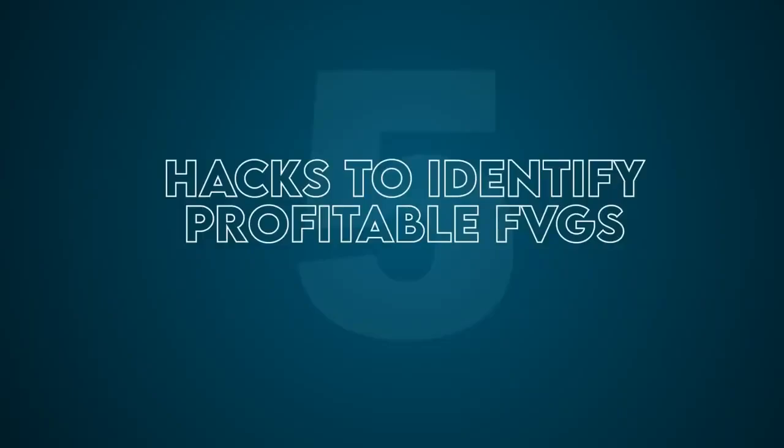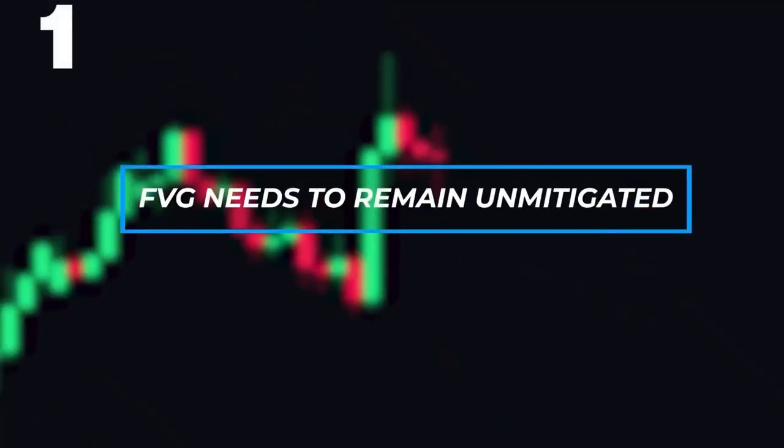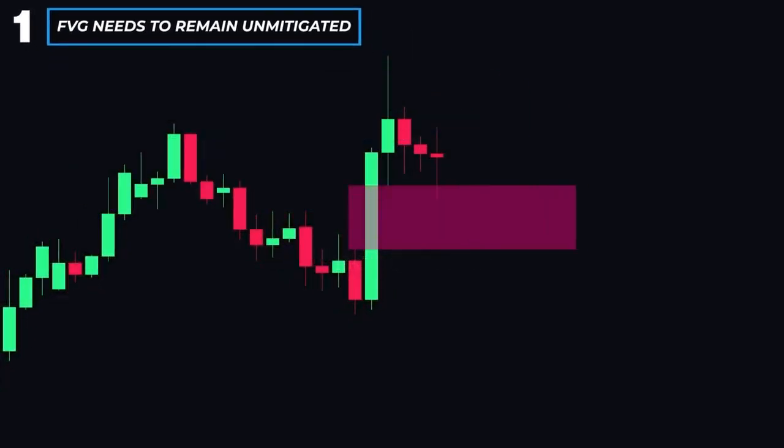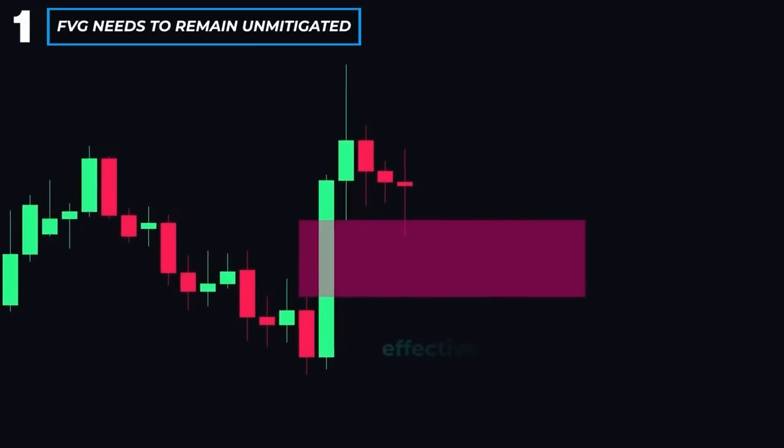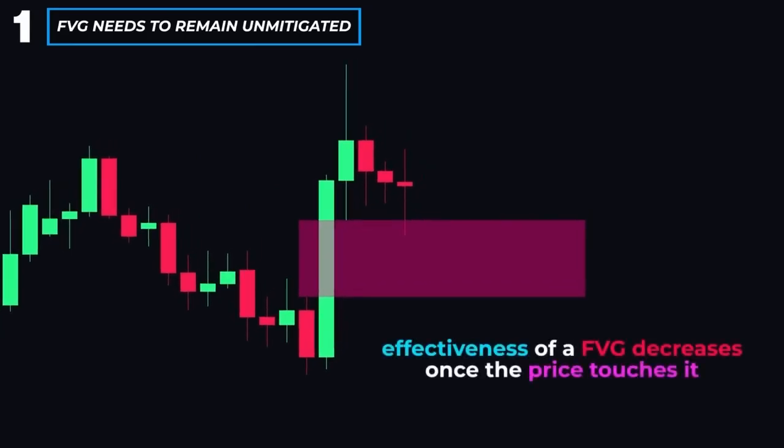Which fair value gaps are the most profitable? Number 1. To ensure that a fair value gap has a high chance of success, it needs to remain what's called unmitigated, which means not tested. And so, whenever you see a fair value gap on a chart, you need to make sure that it hasn't been retested by the price yet, because the effectiveness of a fair value gap decreases once the price touches it